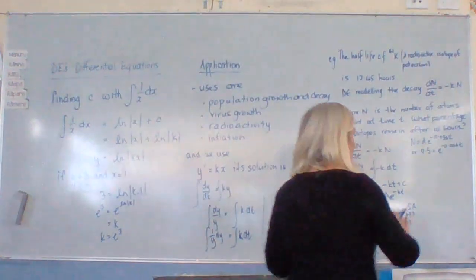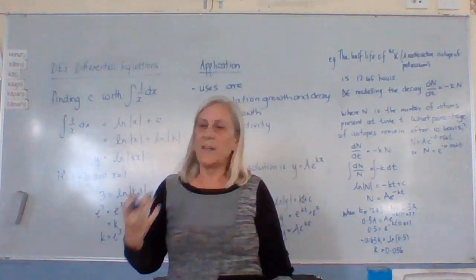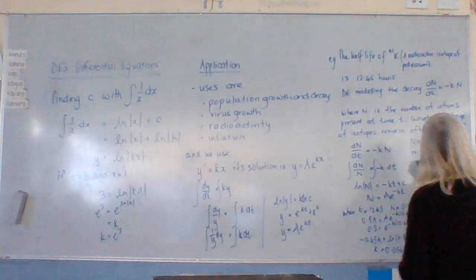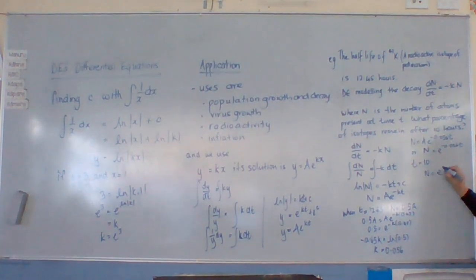Not 0.5, 10. So after 10 hours, t equals 10, N will equal e to the power of negative 0.056 times 10, which is equal to